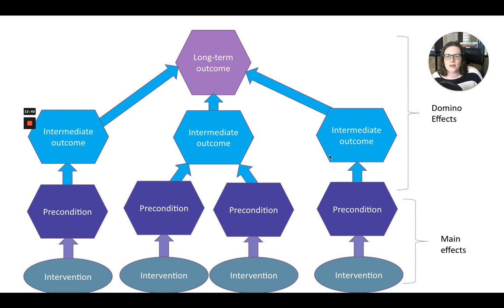So ultimately, what I'd encourage any social impact organization or network who is watching this video to think about is, how do you end up doing this for your nonprofit, for your social impact organization, or for your network? What's your long-term outcome? What are the changes that need to happen in order for your organization or network to achieve its long-term outcome? And then how do the activities of your organization or network add up to those intermediate outcomes and ultimately to the change you want to see in the world?